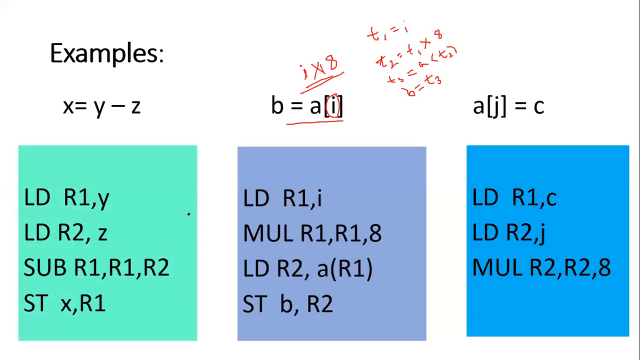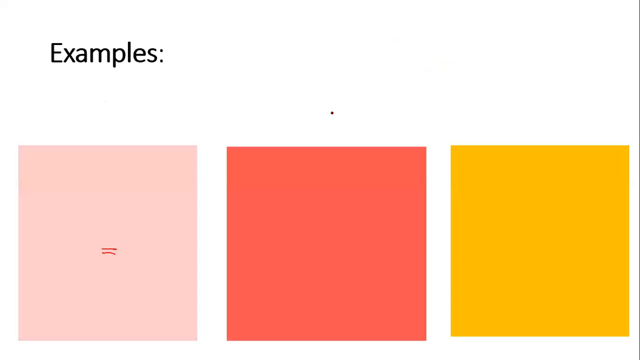See how they consider A of I. Okay. Sometimes they may give the size of the variable. If the size is 8, you can multiply with 8. If the size is 4, like that, if they have given, you have to multiply by 4. Okay. Or 16, like that. So these are the examples of